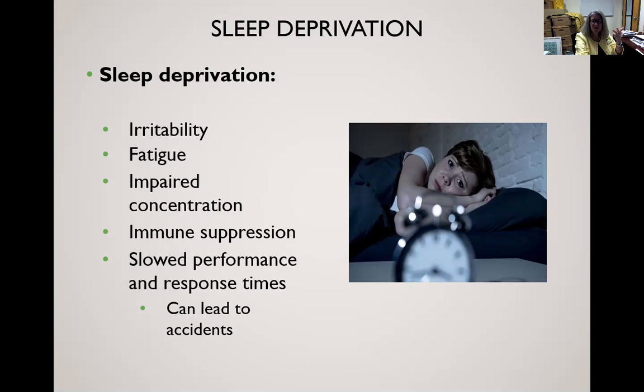It's going to be hard to concentrate, hard to read, hard to follow a complex video, like you're watching a TED Talk and you can't follow what they're saying. You're going to get sick more easily. Your body's going to have a harder time fighting off infection, and you're going to have a slower response time. So you're not going to drive very well, or operate heavy machinery well. It's not going to be good if you're doing baseball or basketball, any kind of athletic task. Your response times are going to be slower. So sleep deprivation is not something that we want to do.